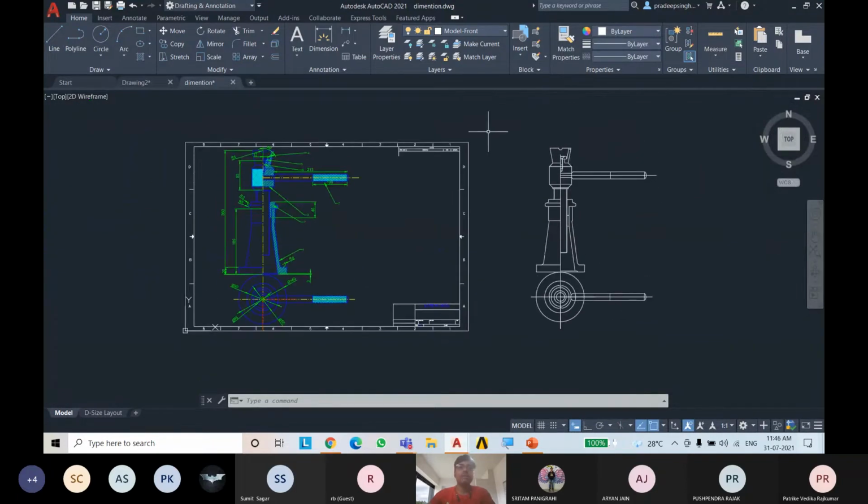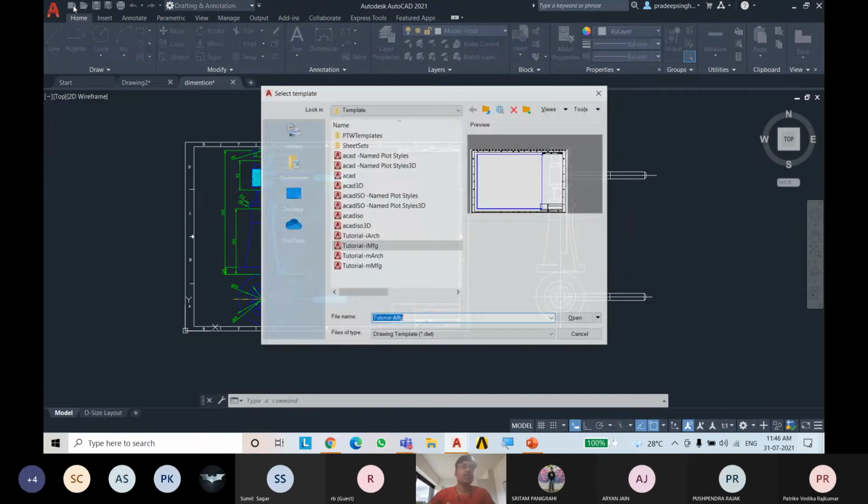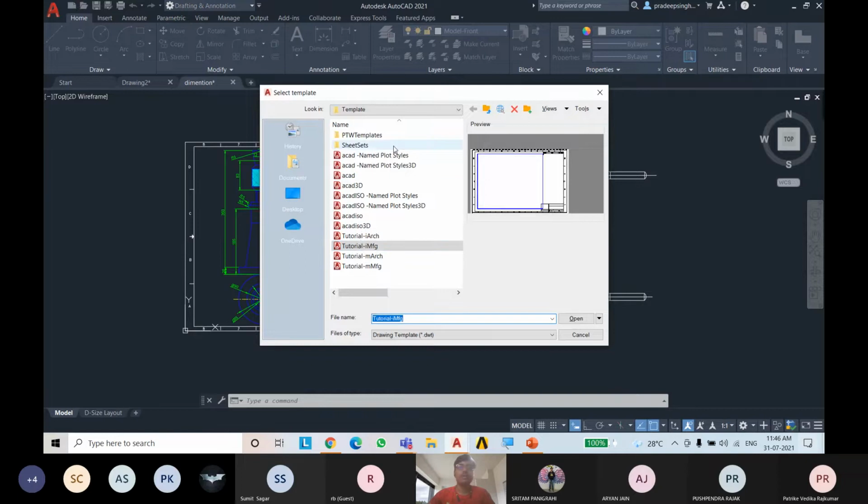To get this type of template, go to the New option on the top, type there, and you will be prompted with templates like manufacturing. You can see the preview. This is used by architects and builders, and this is mostly used in colleges and engineering. So I will be using this.